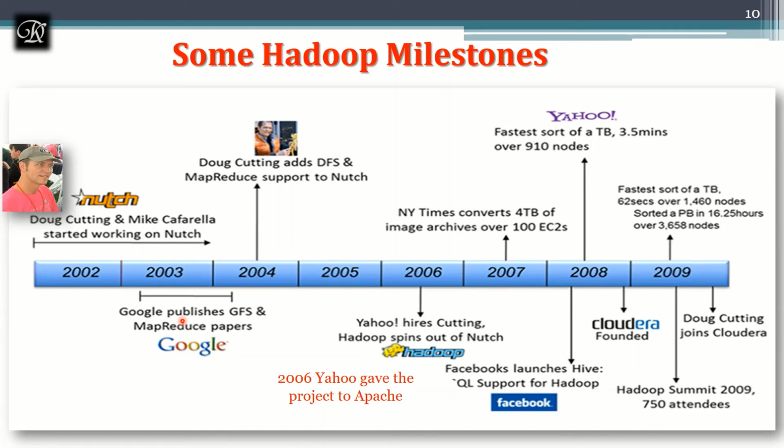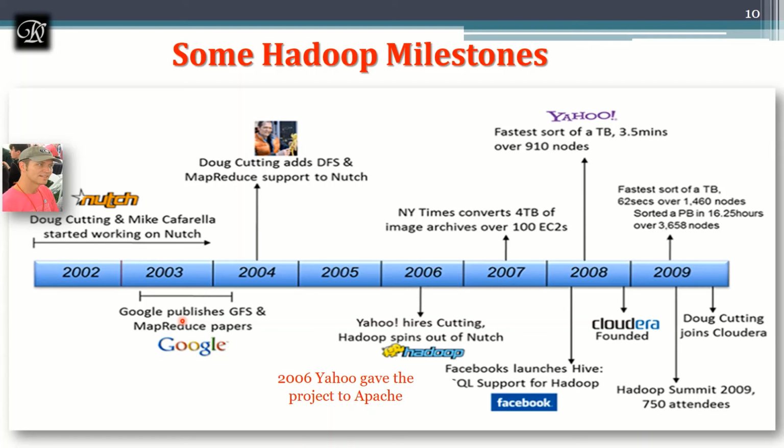By taking that, what Doug Cutting has done is he added these two concepts of GFS and MapReduce to his search engine Nutch. And in 2005, he launched Hadoop, and that is acquired. It means Yahoo hired Doug Cutting, so indirectly it is acquired by Yahoo. Then in 2006, Yahoo gave this project Hadoop to Apache for open source.